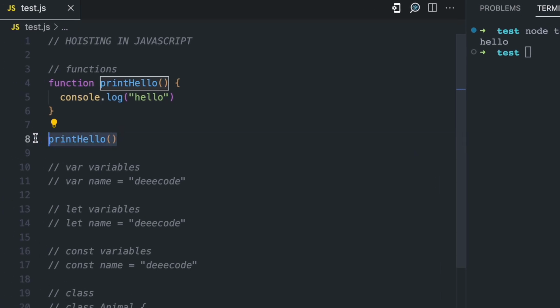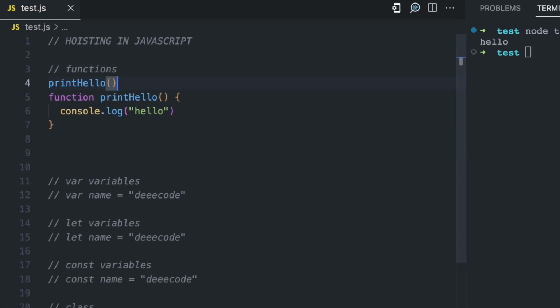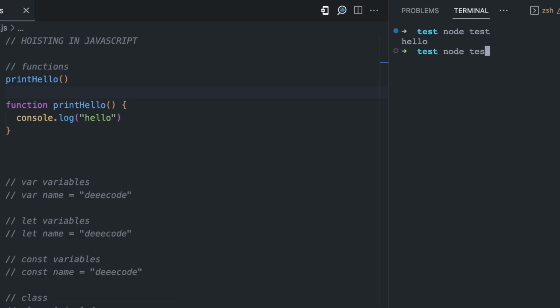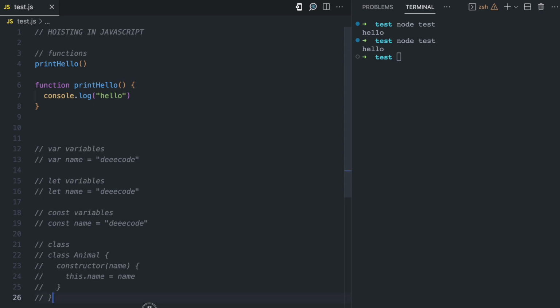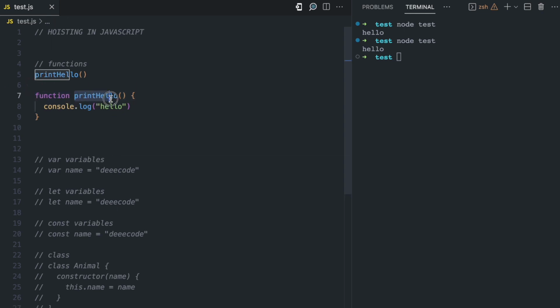But what if we try to access it even before? Let's put it at the top like this. If I run this here, you can see it still works. What happens here is hoisting. So before the interpreter executed all of this code here, it first hoisted the printHello function to the top. In this case, printHello is defined in the global scope, so this will be hoisted to the top of